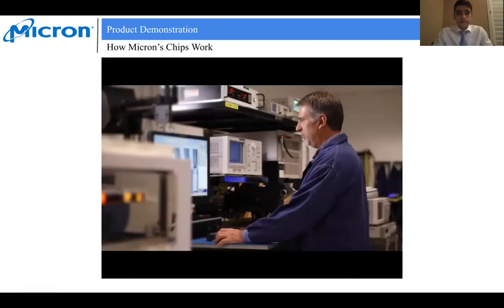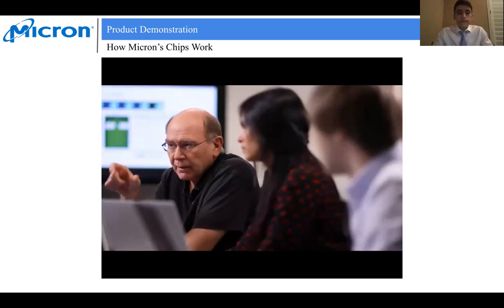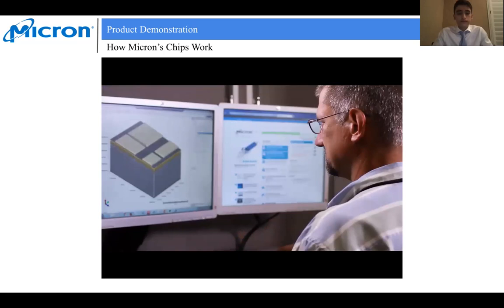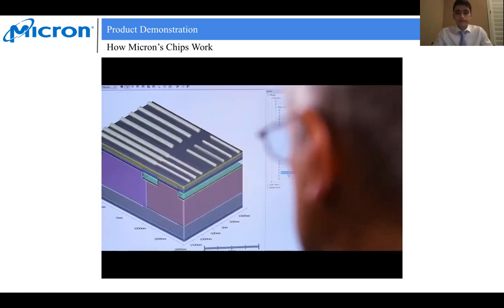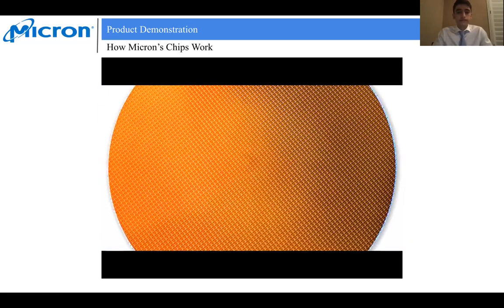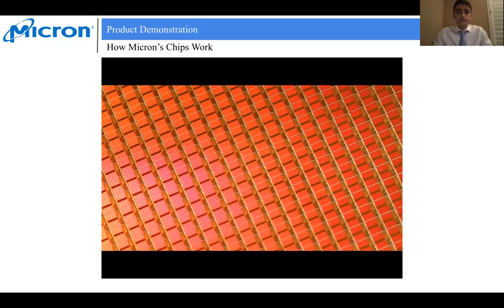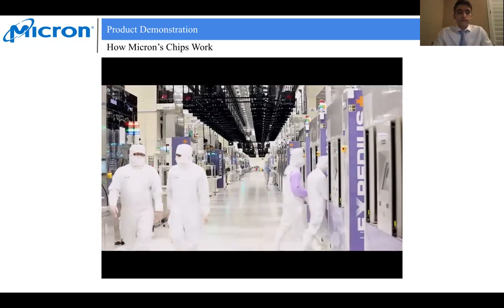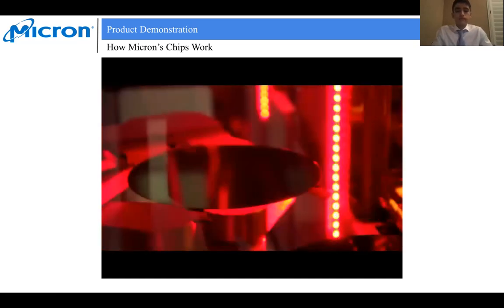During technology development, specific process steps are defined and integrated into a process flow that will build the memory chips. The process steps are tested and refined until the process node is qualified and ramped in manufacturing. Individual memory chips, or die, are built upon pure silicon wafers in a fabrication area, or fab. Fabs are state-of-the-art clean rooms that are 100 times cleaner than a hospital operating room to ensure silicon wafers are